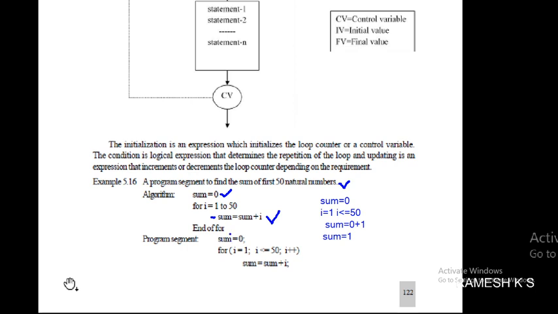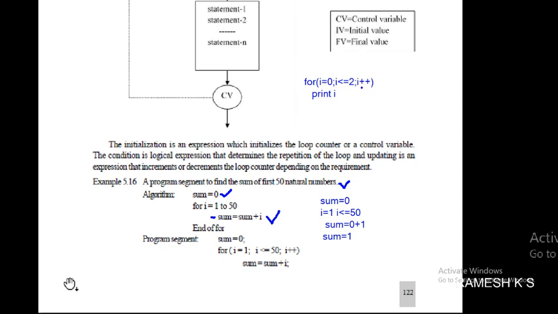This is a for loop example. For your understanding, let us take one simple example: for I is equal to 0, I less than or equal to 2, I plus plus, and the statement print I. Here this is the initialization, this is the condition, and this is the increment operator.